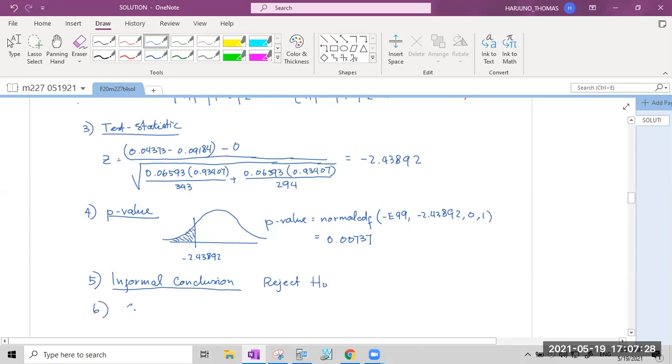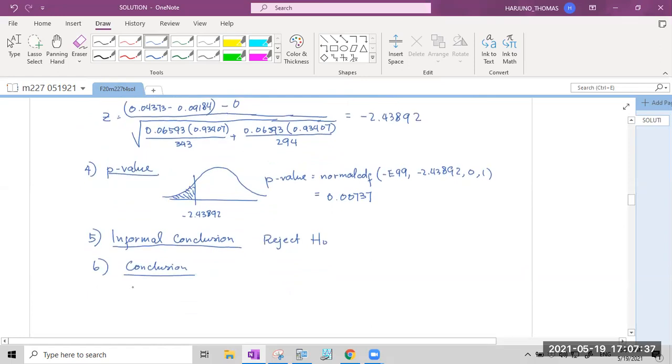So conclusion: at 1% significance level, there is sufficient evidence